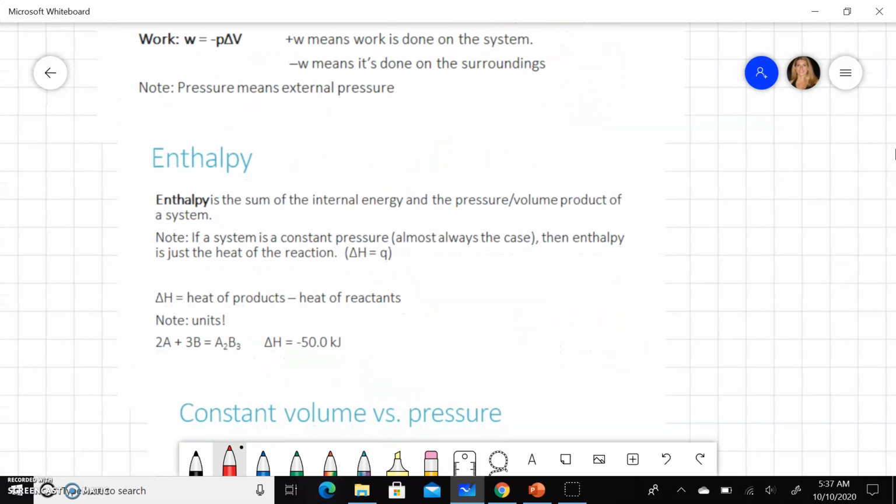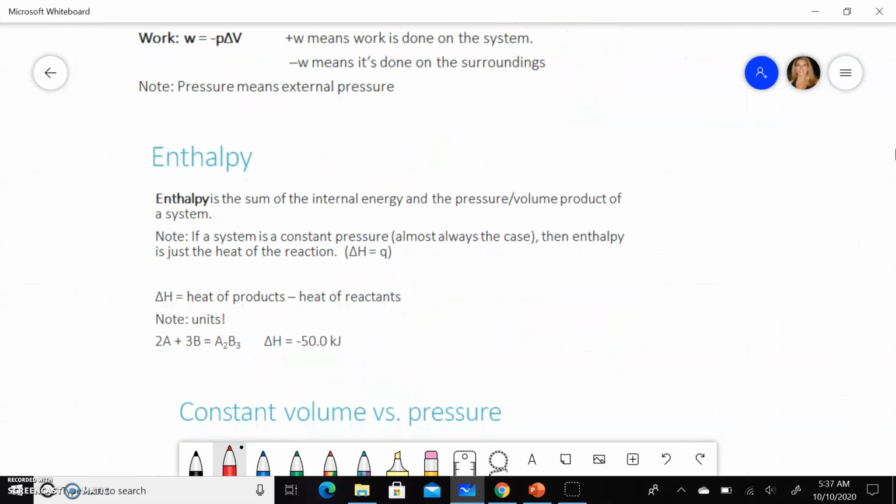All right, that leads us to enthalpy, and you're going to see this word a whole lot, and it actually is a little bit more complicated than what we teach in first year chemistry. It's the sum of both the internal energy and the pressure volume product of a system. And you're probably like, what is she talking about, pressure volume? Well,